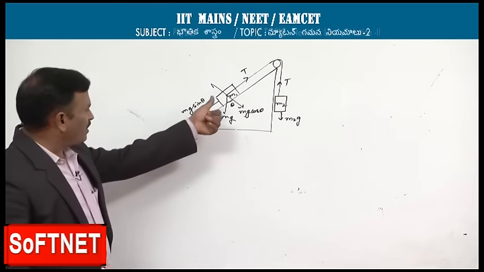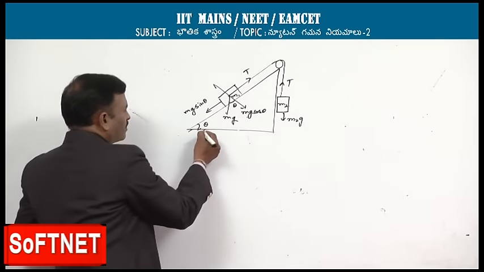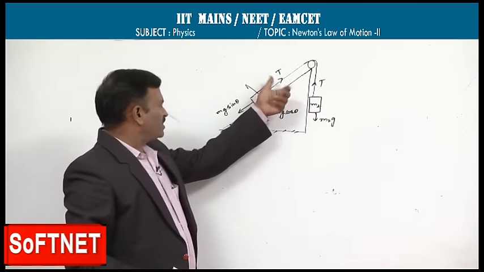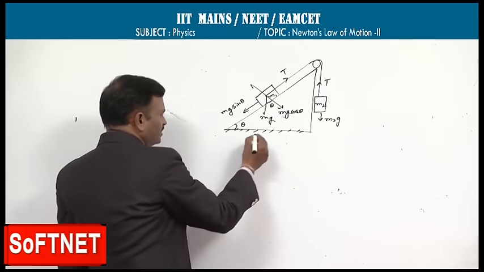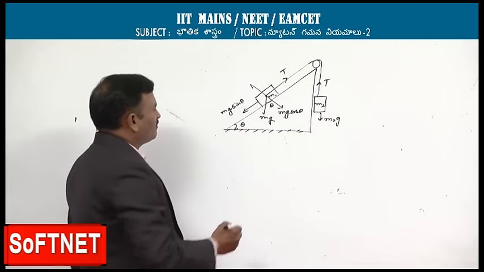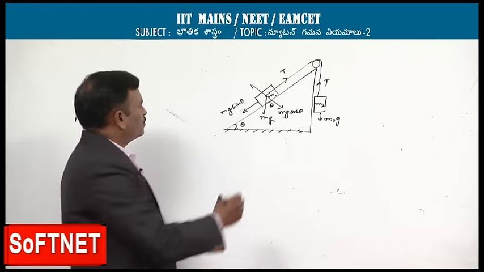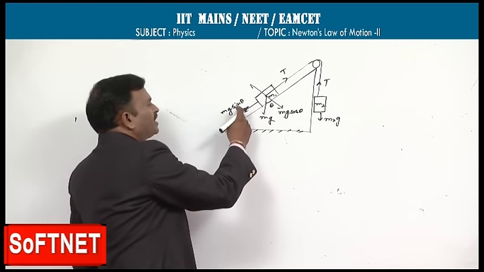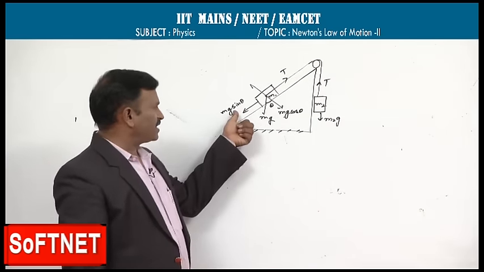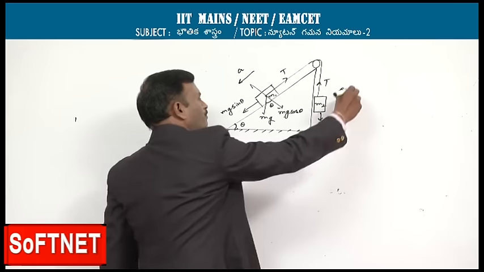Along the inclined plane, towards the floor, that is mg sin theta. Away from the upward direction, tension will act. Here for free body, we need to check one thing before doing a problem. So we have to check mg sin theta and m2g, which is greater. For example, if mg sin theta is greater, at that time the acceleration will be down the incline and here acceleration will be up.